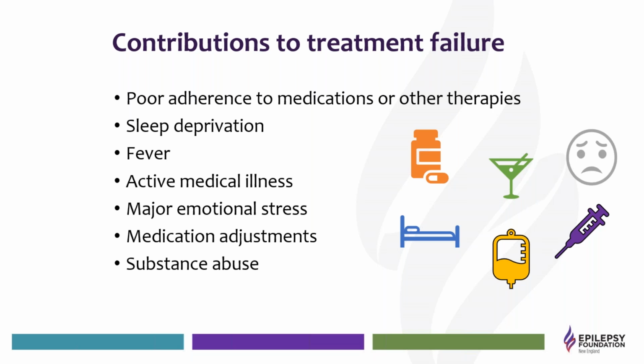Neurologists will discourage adults with epilepsy from doing shift work. By that I mean jobs like police, firefighters, nurses, medical people, where they have a revolving schedule of working 7 to 3 for some period of time, then they switch to 3 to 11, and then they switch to 11 to 7. That's an accommodation we would encourage a person with epilepsy to ask for, saying I can't be put in that rotation, because they just don't adjust to it. It's hard enough for people without a neurological condition. It's much harder for someone with epilepsy. And we don't even like to see them on the graveyard shift all the time.